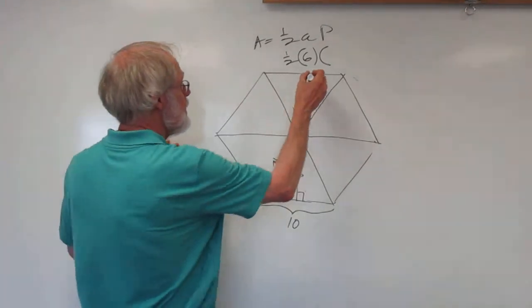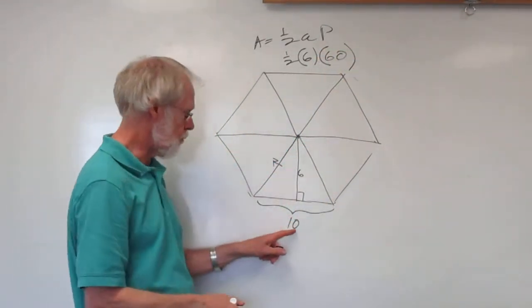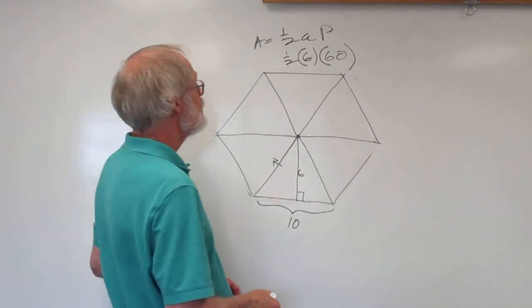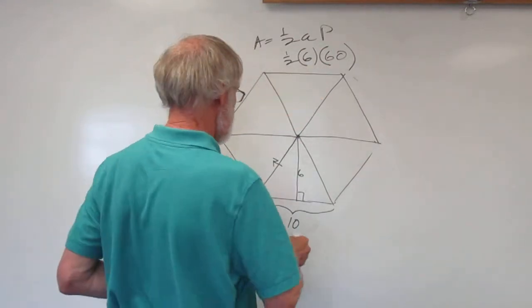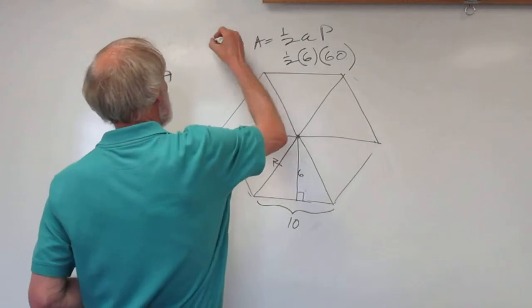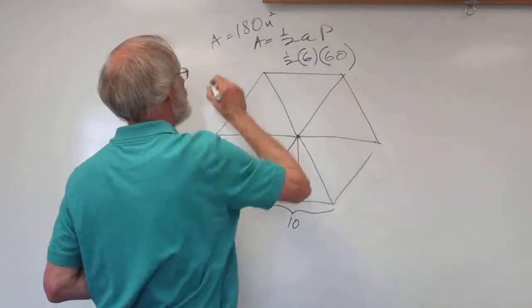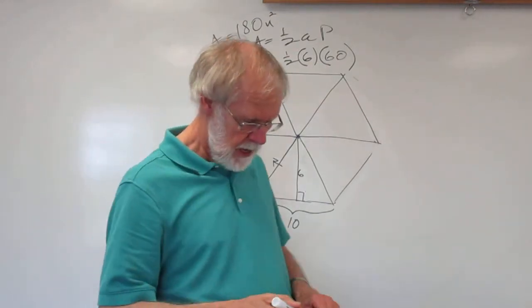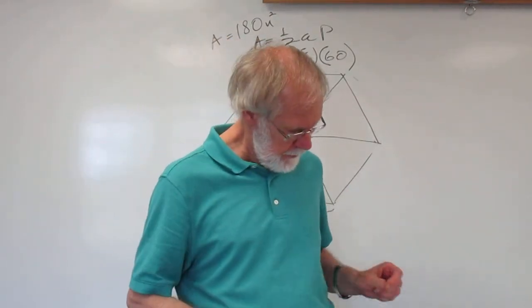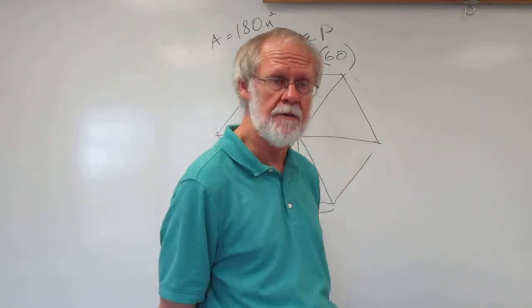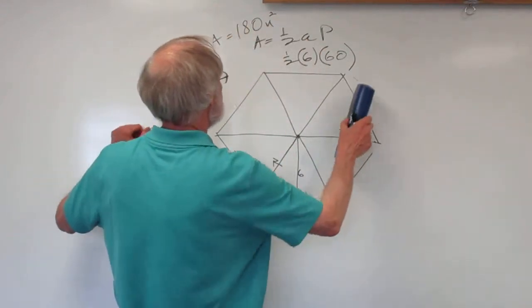So we have 60 is the perimeter, just one side length times 6. So that's 3 times 60, that would be 180. And so the area of this figure is 180 units squared, whatever those units are. Now, the trick with these comes in if you don't have all the information given, and sometimes you have to